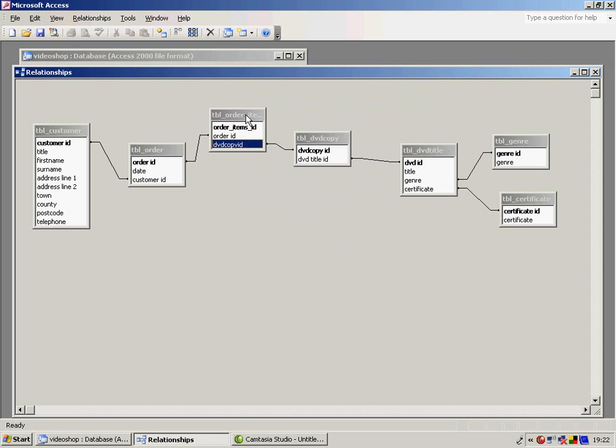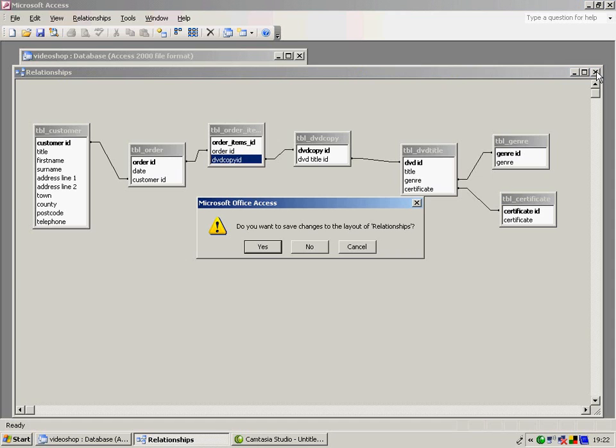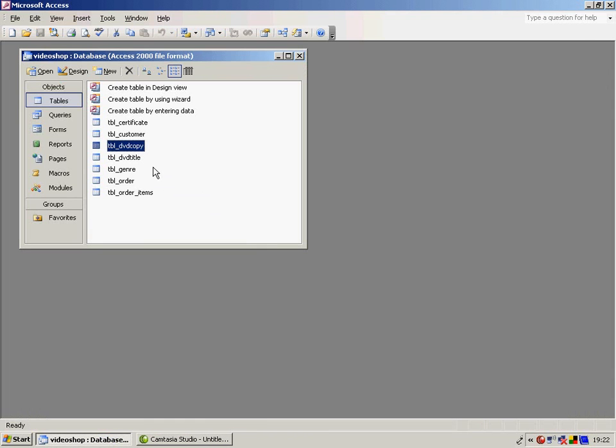We end up with a system that looks a little bit like this. Let's just leave it as order items ID just for this moment in time. I could actually get rid of that field and use a compound key, but I'm not going to. I'm going to just go with a sensible structure, and we'll come back to this later on. The whole point is now, if I just close this down and press yes,